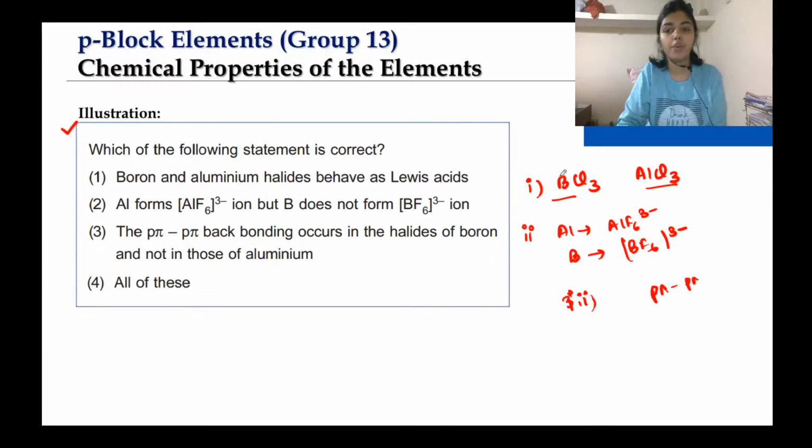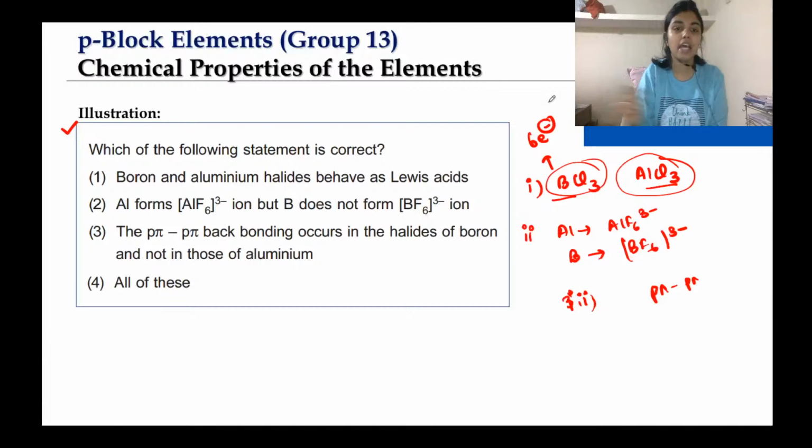See, we already know that trihalides, BCl3 and AlCl3, are electron deficient in nature. Why? Because only 3 bonds are being formed. 3 bonds means 6 electrons are there. That means the octet is not complete. So both of them are behaving as